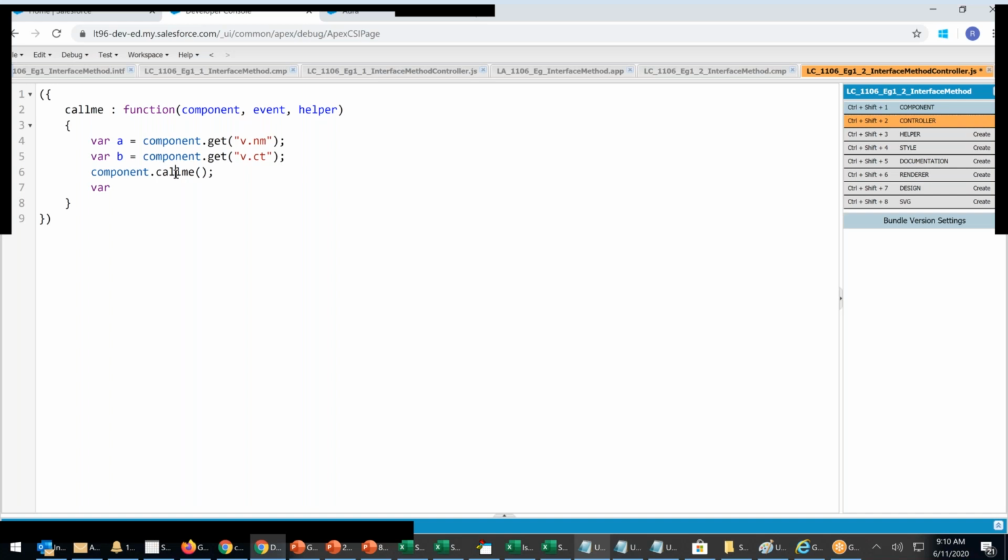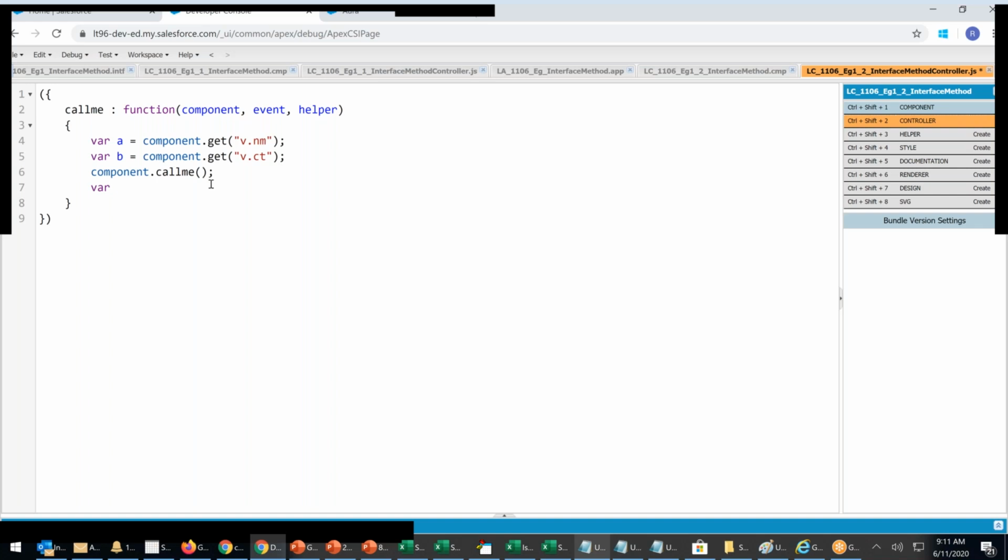The method name is call me. Var component, component dot call me, right? Are you with me or not? Yes or no? I know this is a little confusing while I'm doing it.